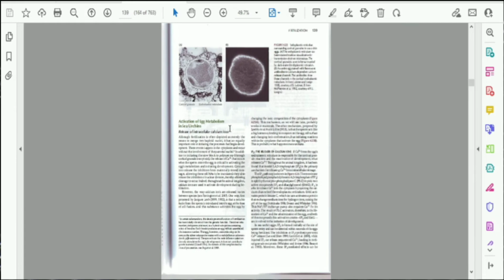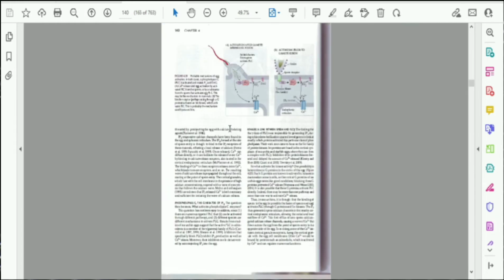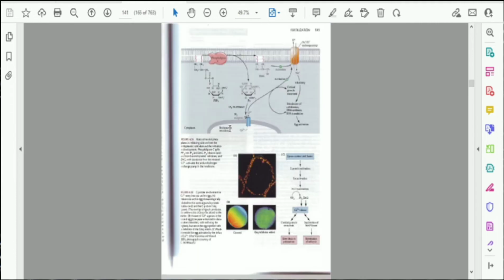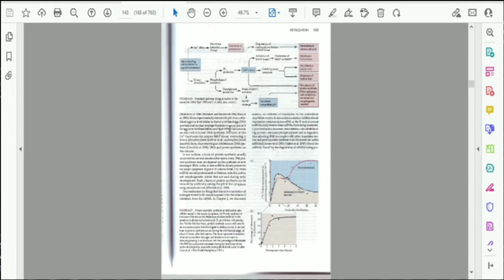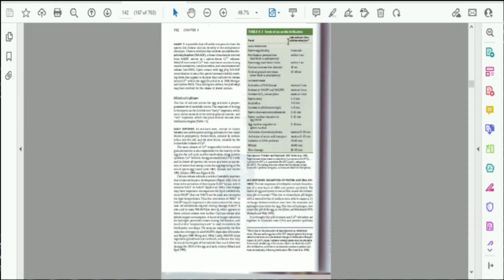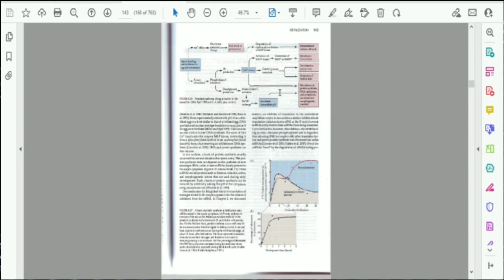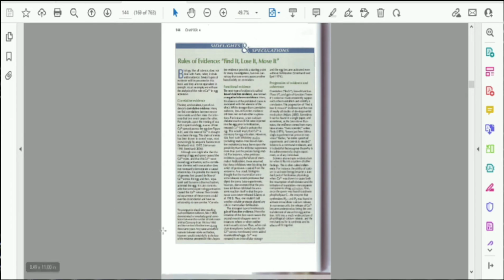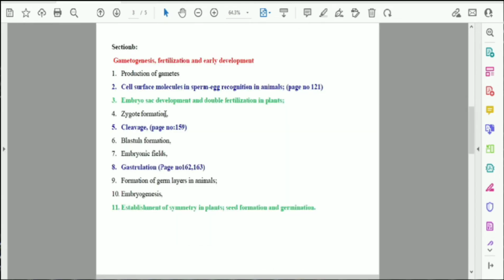and activation of egg metabolism in sea urchin, because for sea urchin questions in your CSIR exam question papers, if you press Control F and search for sea urchin, every year at least one question will be asked from sea urchin. You can also study the events in sea urchin fertilization, what the approximate time periods are, and this whole postulated pathway for egg activation in sea urchin. Sometimes they will ask for this diagram itself, and they will mask a particular part and ask what will come there.